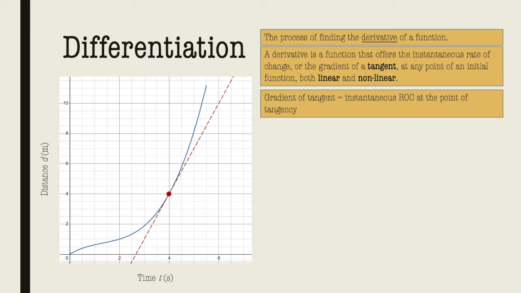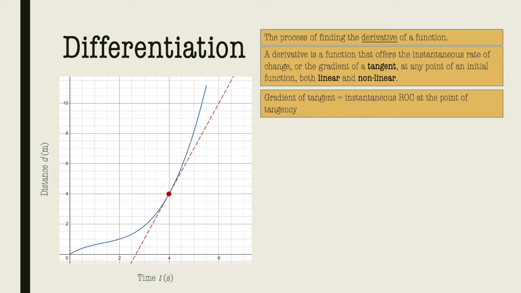Fundamentally, the gradient of the tangent will therefore be equal to the instantaneous rate of change at point 4. Derivatives are used to find that gradient. If I found the derivative of that cubic function, I could find the gradient and therefore the instantaneous rate of change at point 4. Before I teach you how to find the derivative of a function, it is essential we